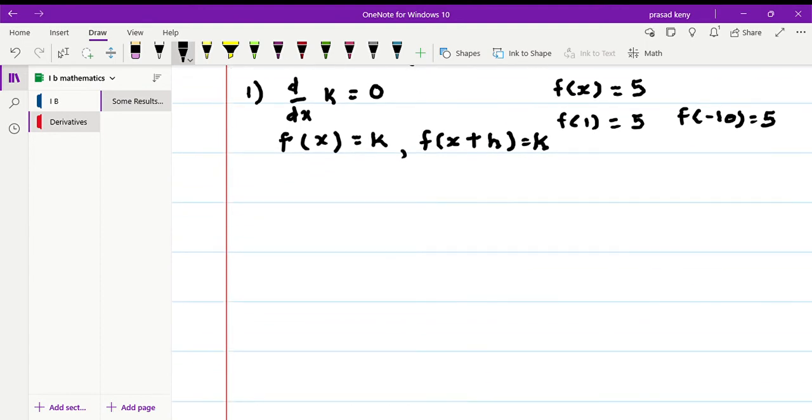And hence by first principles, f dash x is equal to limit as h tends to 0, f of x plus h minus f(x)